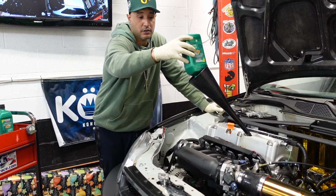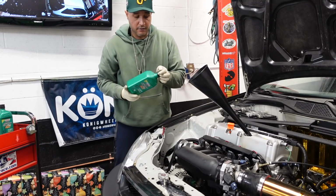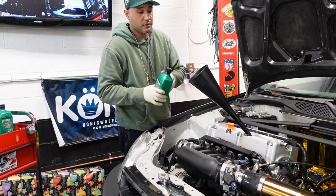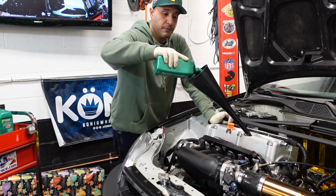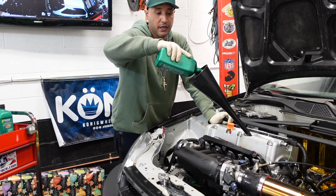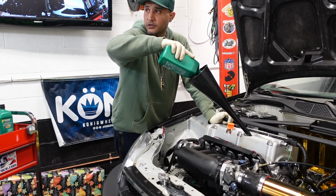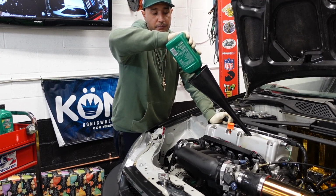Again, 12 quarts. I got basically like a shop discount at Bobby's for 77 bucks. So can't beat that for an oil change, especially when you just need one more case and I'll be able to complete 2 oil changes, right? I've got 12, yeah, just need 6 more. Anyway,